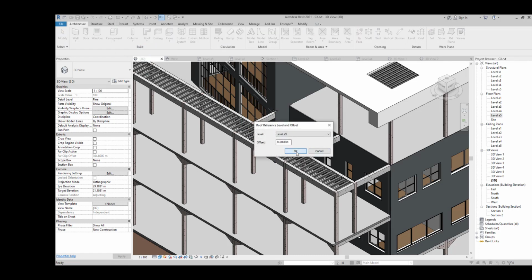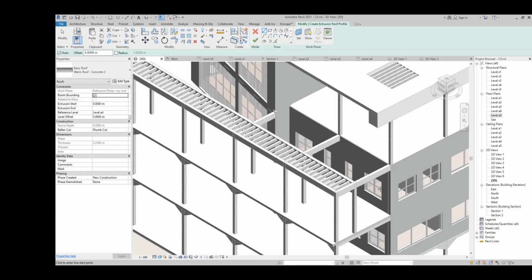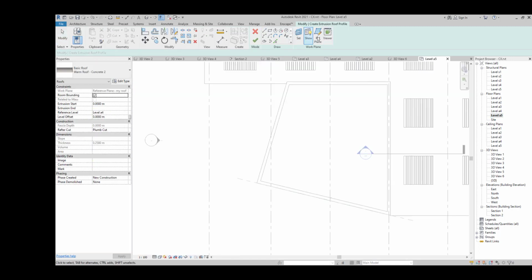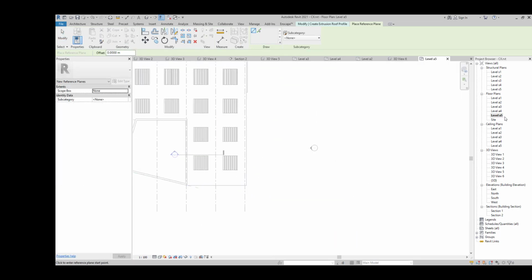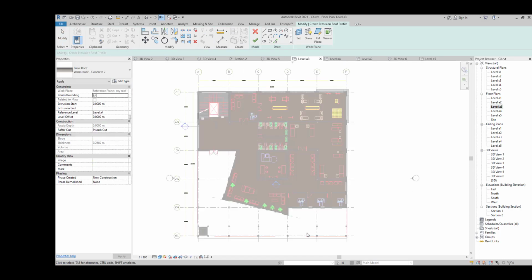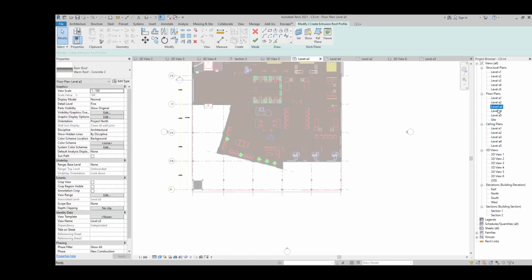I'm just going here, level A4 is fine, and after that we need to pick a plane, or we need to create a reference line. So I'm just going here, create one reference line. I need to go to A4, here maybe,